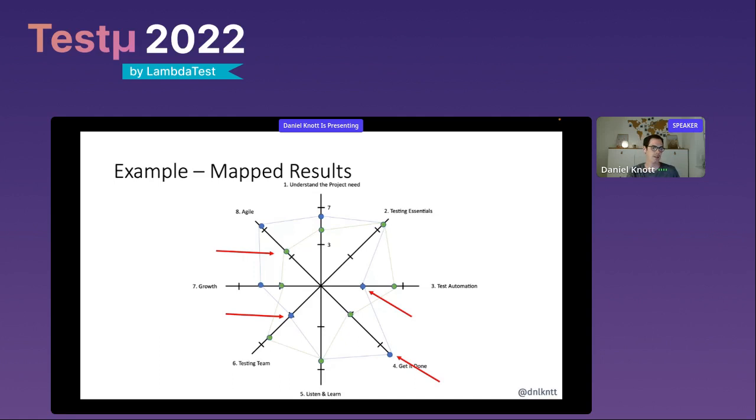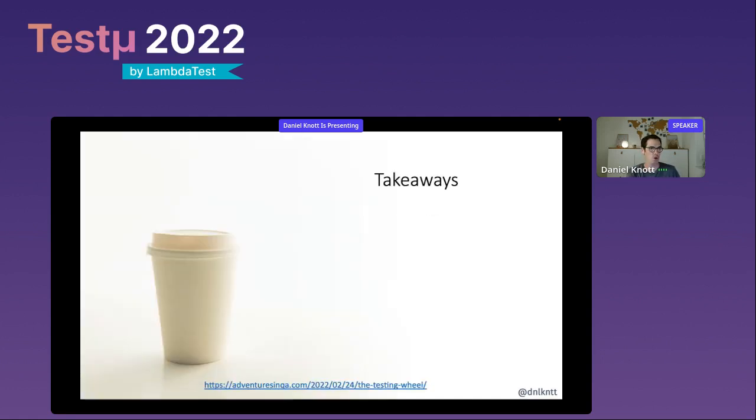Yeah, so that's the cool part. So we are almost at an end. Let's take a look at the test takeaways. As you can see, there's a link down there. If you go to my blog, I wrote an article about the testing wheel, and I